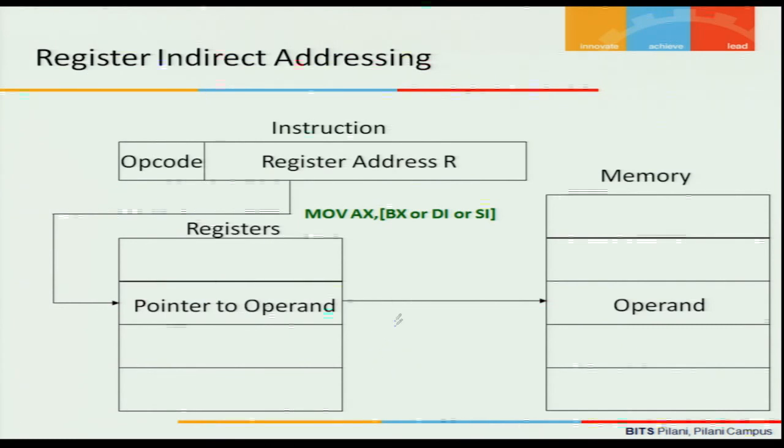So what I could do is initialize my BX register to the starting location of the array, and then I say MOV AX, within square brackets BX,